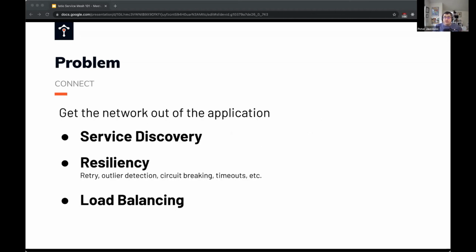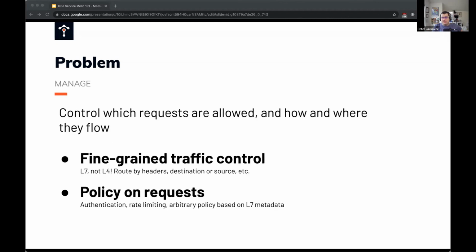You also want to connect your services together, right? One of the goals of Service Mesh is to push the network abstractions. So the network abstractions are things like service discovery, resiliency, so things like retries, outlier detection, circuit breaking, timeouts, and so on, and of course, load balancing. Now that you have all these services deployed everywhere, right? And one of the problems that